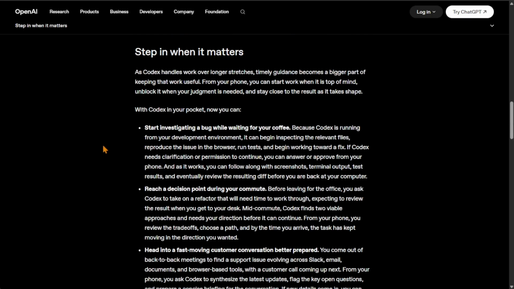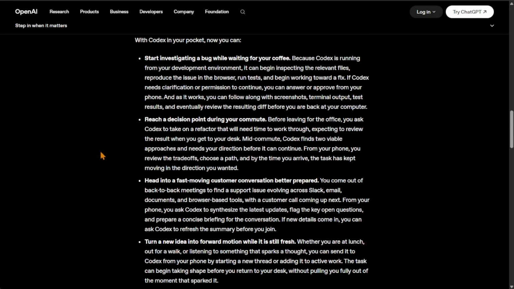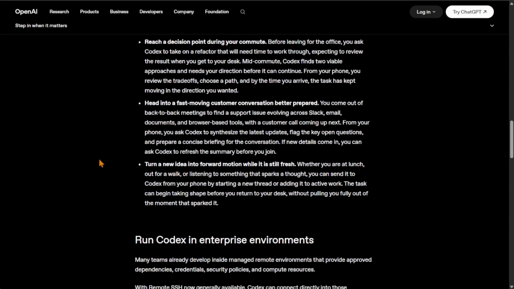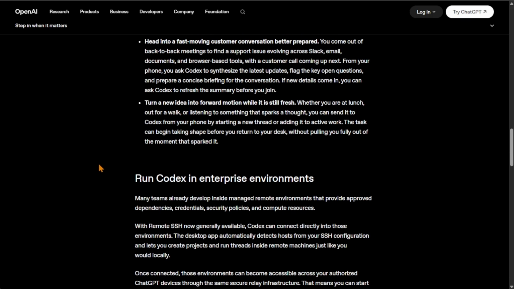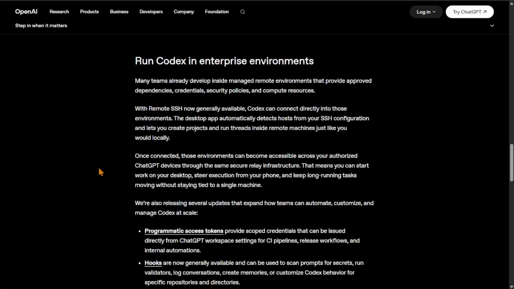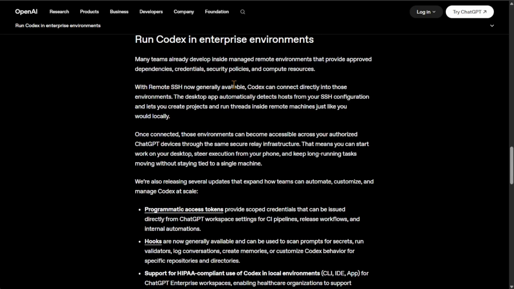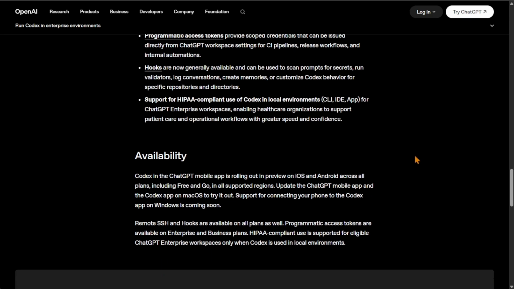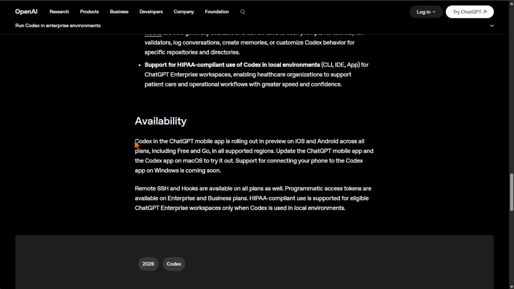We'll link this post in the description so you can go through it. I'm not really going to read through all the different pieces here. A lot of this is just marketing stuff. But they also have a remote SSH, which is more techie stuff. SSH is secure shell, and that's basically so you can create a secure connection to whatever computer you have. There are a couple other features that they're announcing here,